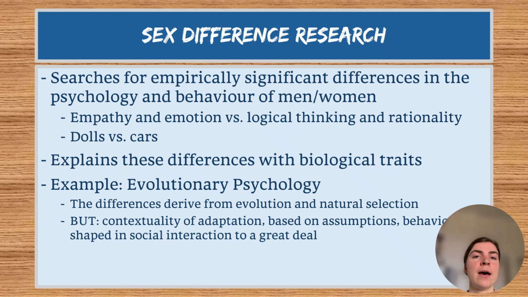So it would be said that dolls versus cars, in the sense of some humans are more interested in caring for others and playing with babies, whereas other humans are more interested in cars, so technical stuff which requires logical thinking and mathematical skill, and is also less associated with caregiving, but rather with action, for example. Then it would be claimed that these differences derive from evolution because women were always more caring and always basically supposed to care for the children, whereas men were supposed to do other tasks and to represent and protect the family. And this would then be claimed to shape how people behave nowadays.